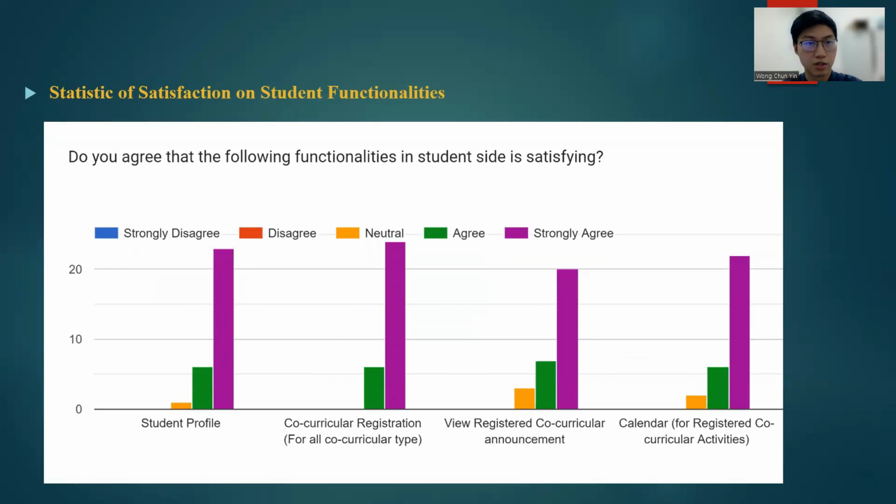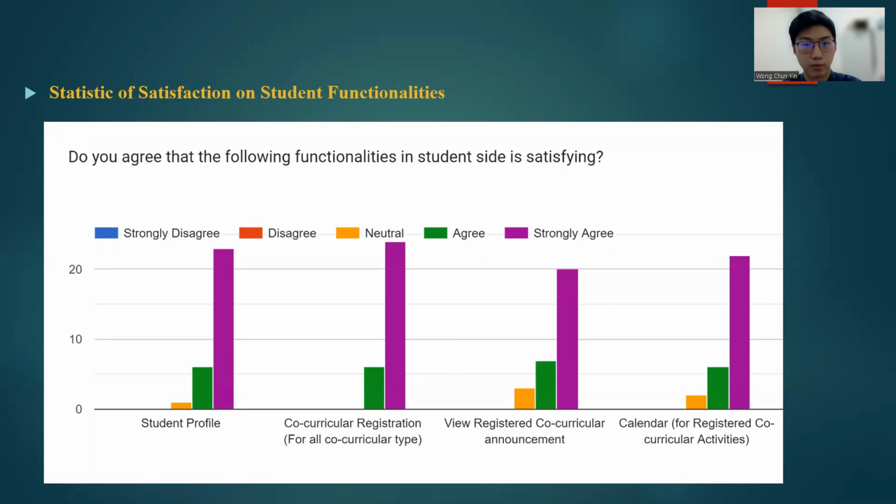Next, it shows the statistics of satisfaction with the students' functionalities, which include the student profile, co-curricular registration, view registered co-curricular announcement, and calendar. Most of the respondents also rate strongly agree for these functions. Through the feedback from the respondents, they think that the view registered co-curricular announcement can be improved by allowing the teachers to upload files for the students,